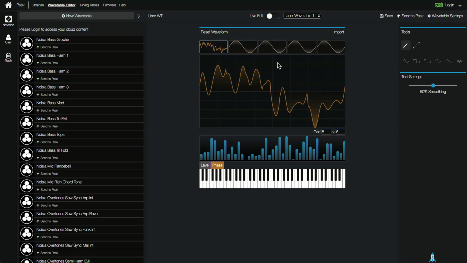And one thing that I haven't found that you can do yet is you can't copy a waveform from there to there. You can swap them around like that, but I haven't worked out how to copy one. There's no copy, but that's one bad thing. But it does have this live edit feature. So if I hit that,